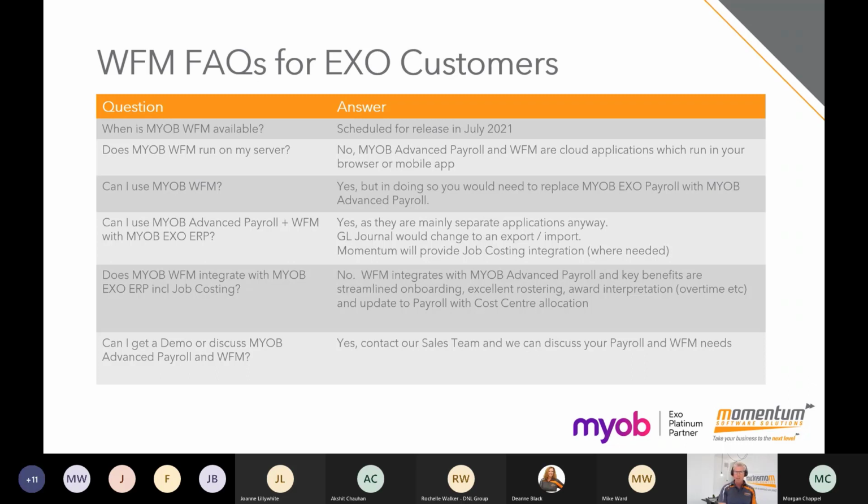Now, I guess the follow-up question to that is, could I use MYOB Advanced Payroll but continue to use MYOB Exo for my ERP, financials, CRM, job costing? And the answer to that is yes. So can I use MYOB Advanced Payroll plus Workforce Management with MYOB Exo as my ERP? Yes. They're predominantly separate applications anyway, so even Exo Payroll and Exo Business are two separate applications that are installed on the server, and their integration points typically are the journal that gets produced by Exo Payroll at the end